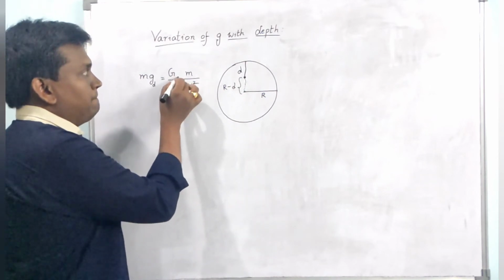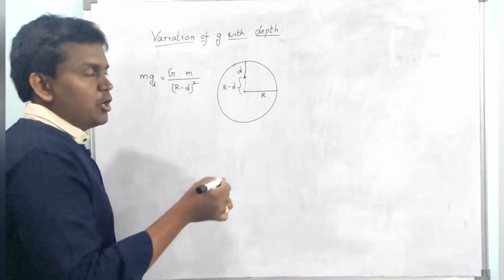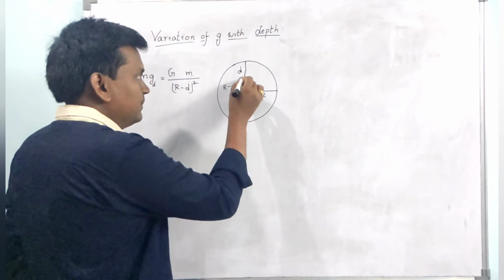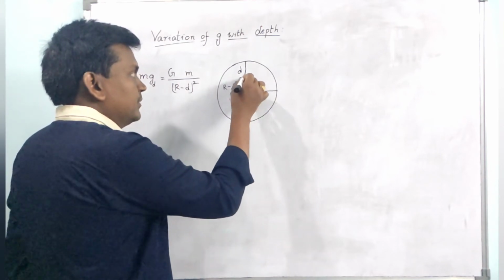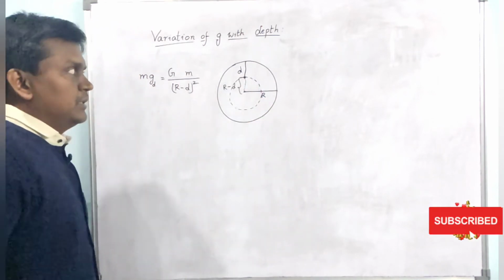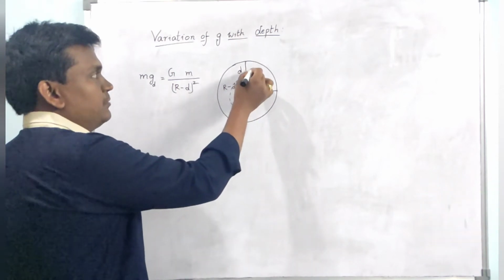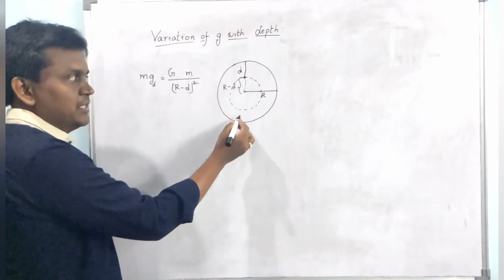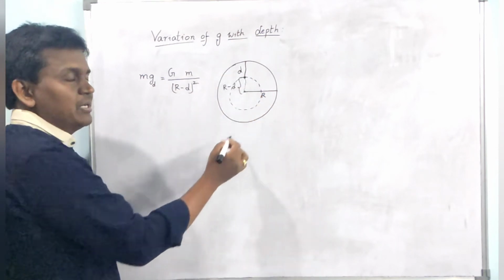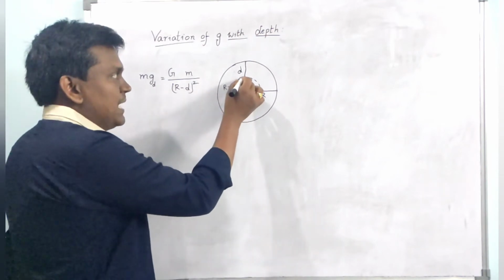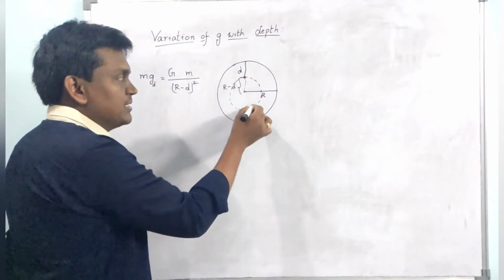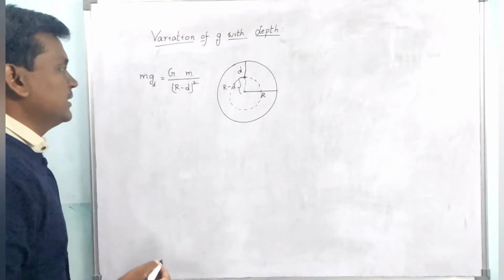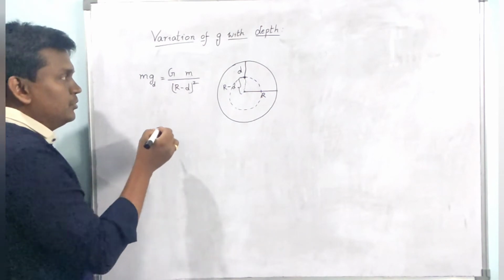So this is the mass of the particle or object. What is the mass of the earth here? See here, we will consider this part as the earth. If an object is there, this force and this force will cancel each other. If an object is here, this and this will cancel each other. But as the object is here, we will consider this as the earth. So for that earth, what is the mass of the earth? We will do that.